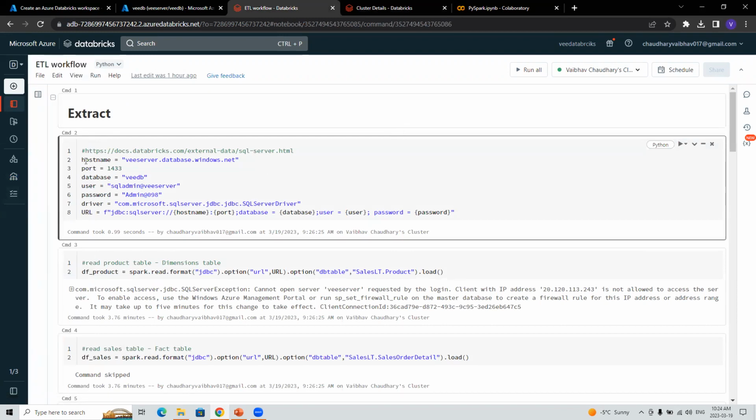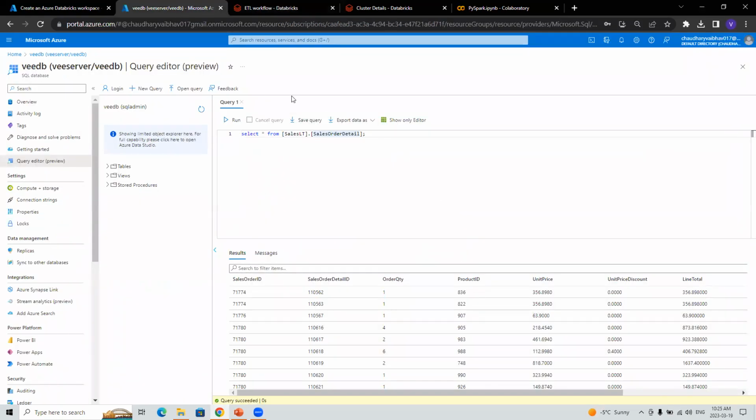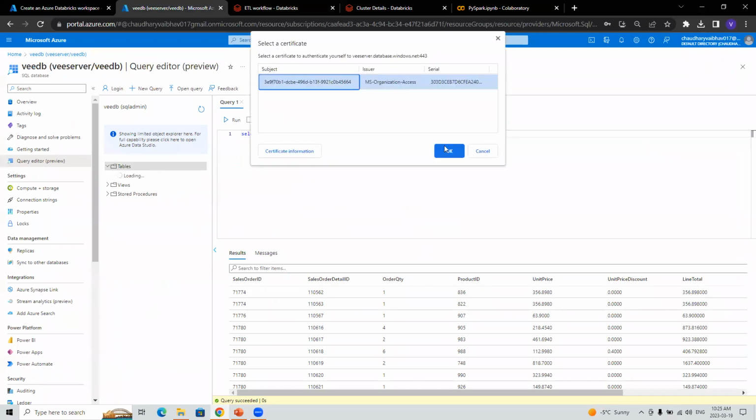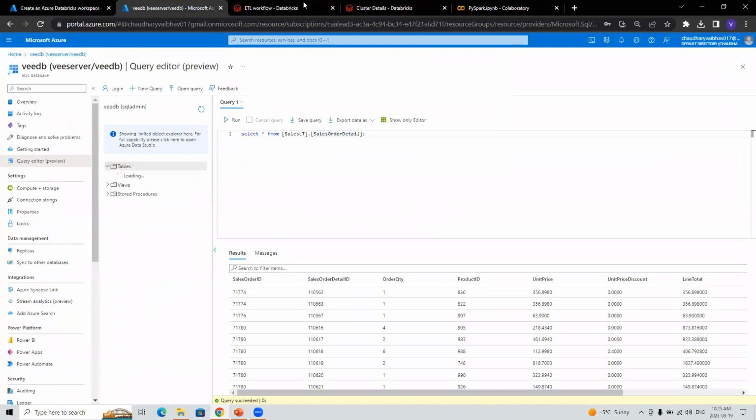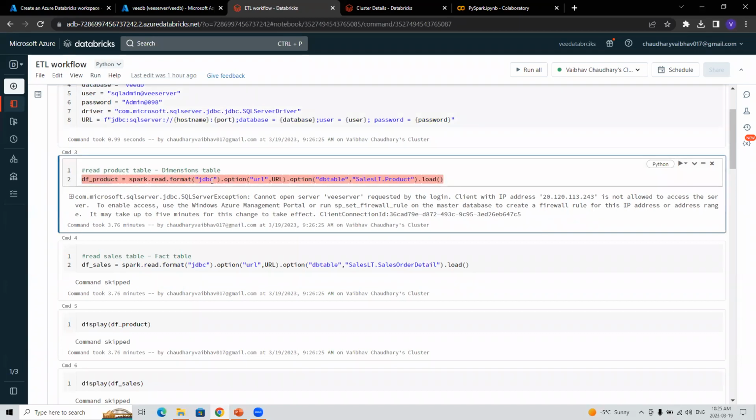So this is just, you will see, basically it's just like Python. I made an object, assigned some value to it, and then I'm making a URL and assigning all the values to that. And yes, Mr. Kunal, you're right. They are compute resources. That is correct. So what I'm doing right now is basically reading a table from this database. There are different tables from the database. I'm reading one of those inside my Databricks work notebook. So see, I'm making an object and I'm doing this format, and I'm reading actually.